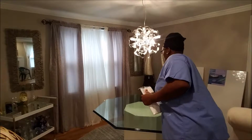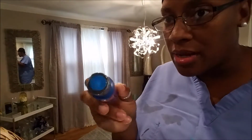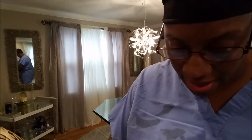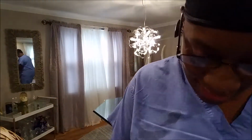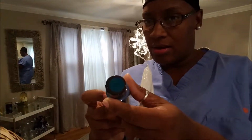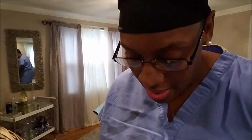And I got, this is the only color I got from Michael's because I thought this was so freaking pretty. Y'all see that metallic color? Isn't that so pretty? So I got that because I figured, oh my gosh, that's going to be bomb with those chairs. And then I got this sort of blue metallic-y color too that I want to throw in there. Then I got,